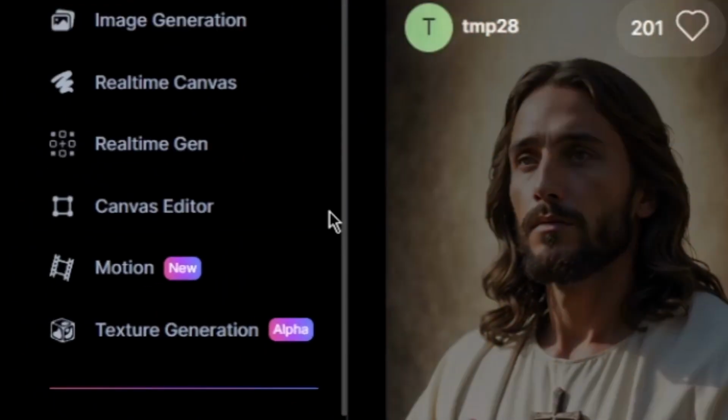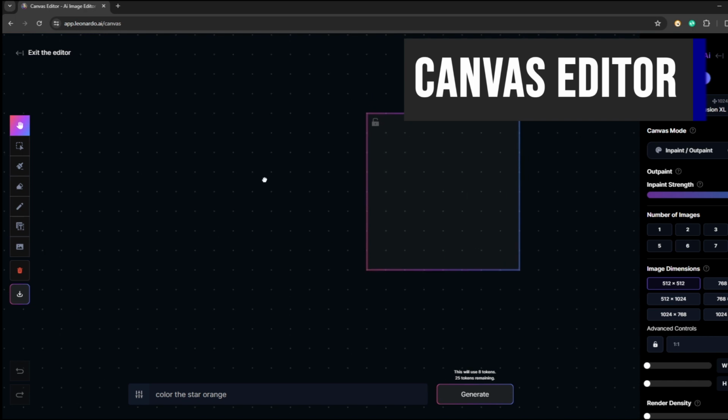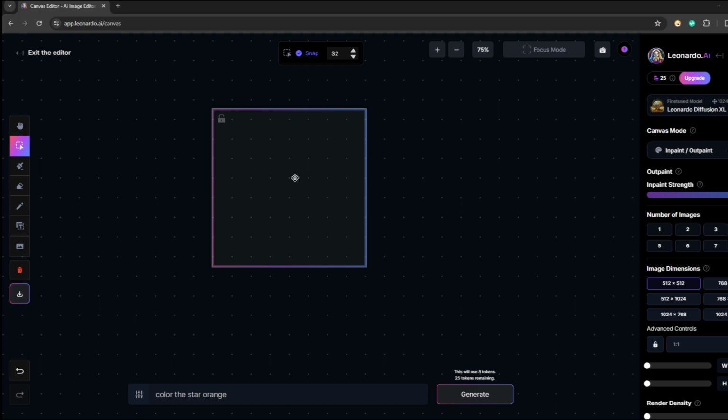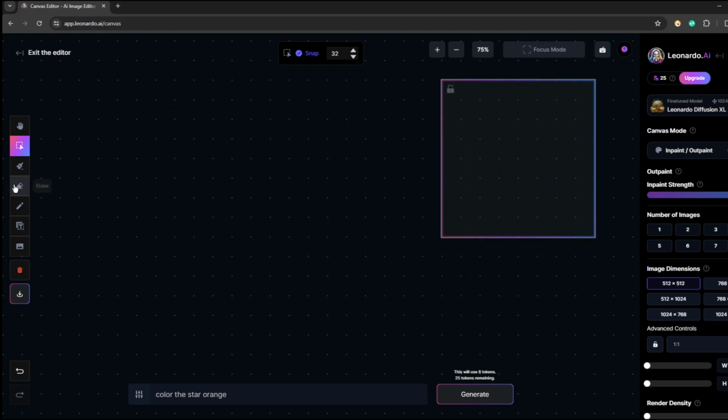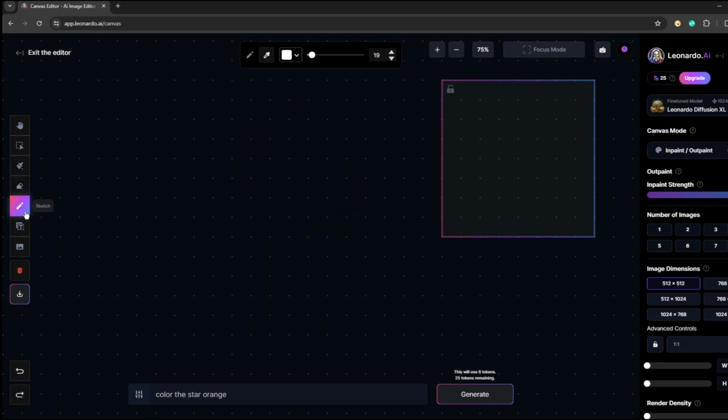Another feature of Leonardo AI is Canvas Editor. So here you can actually create or draw your own image. Here you have several tools that you can use. You have your hand tool, so you can use this to navigate around your canvas. You also have the select tool. This box is your selection box, so you can move this box around. You also have your mask tool in here, so if you want to draw a mask around something, you can use this tool. And you also have your erase tool and sketch tool, text, and image tool,